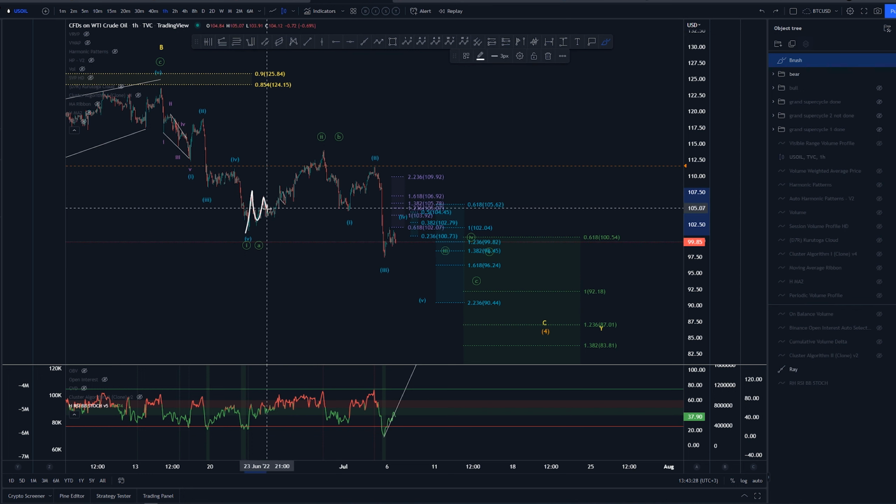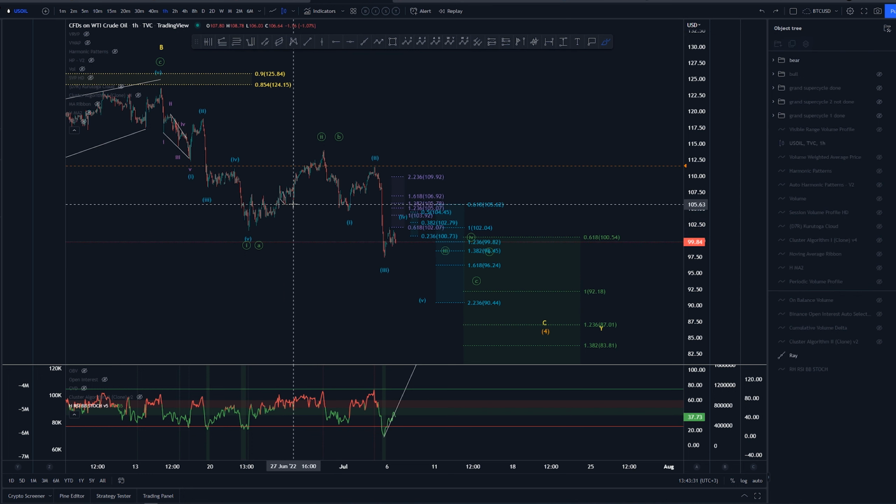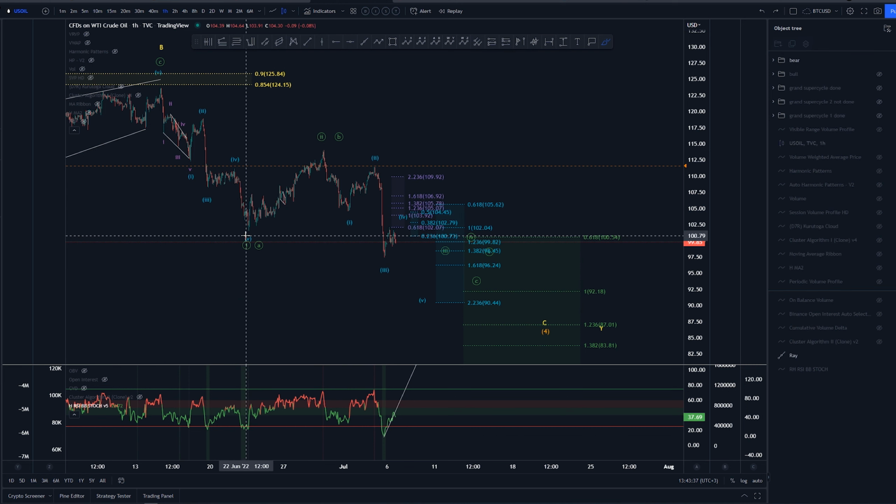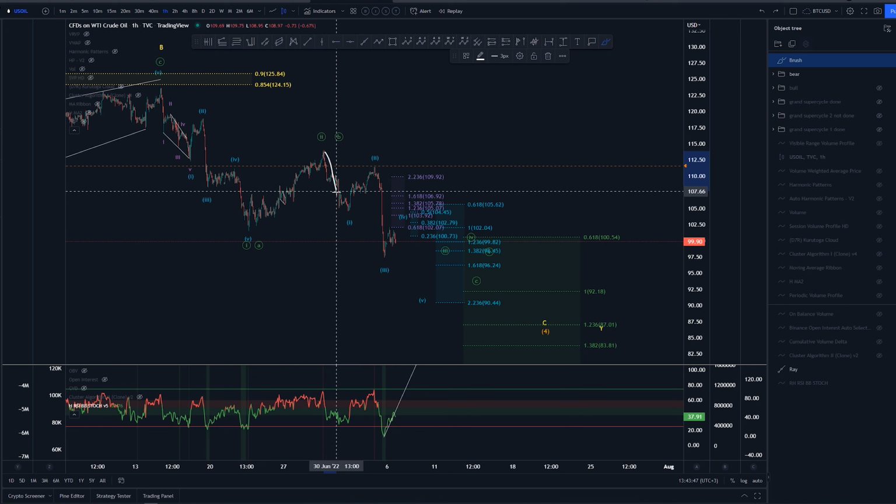It is very overlapping, very hard to get any kind of count here, but most likely if we had to say something, or if I had to make something out of it, I would make it some kind of WXY of some sort. After that, again, topping out around the $113 area, 29th of June, then we would have 5 waves as 1, 2, 3, 4, 5 into 1, 3-way structure into wave 2, and this whole structure would be